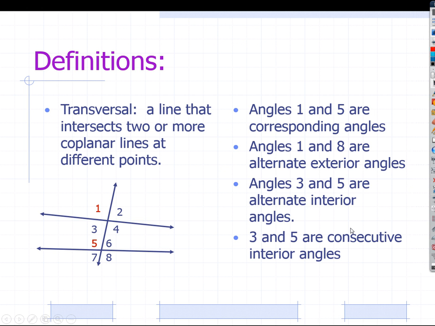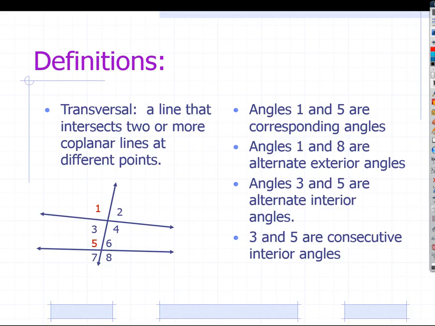Okay, some definitions. Did you talk about transversals and lines last year? I don't remember. Okay, so raise your hand if you remember talking about transversals and angle relationships. Was it 7th grade? Maybe 7th grade? Okay, so it's been a little while ago, so we probably want to review. So some definitions. A transversal. Now you got to be careful with this. A transversal is a line that intersects 2 or more coplanar lines at different points. Okay, so the lines have to all be coplanar.